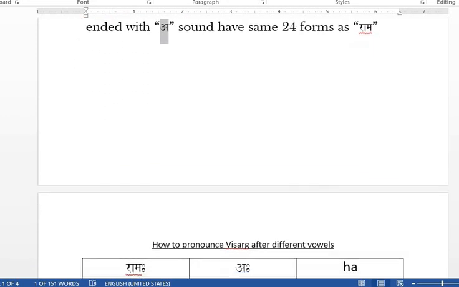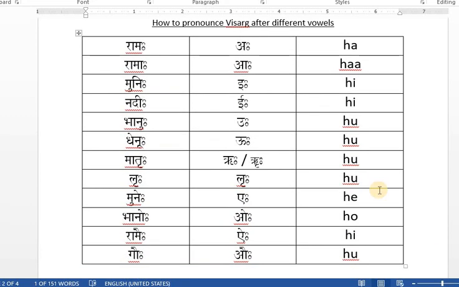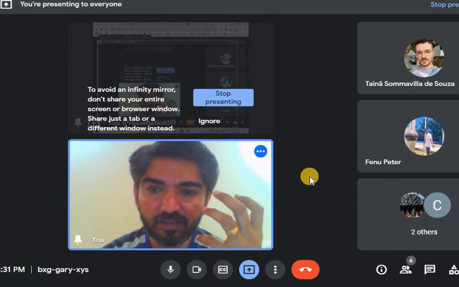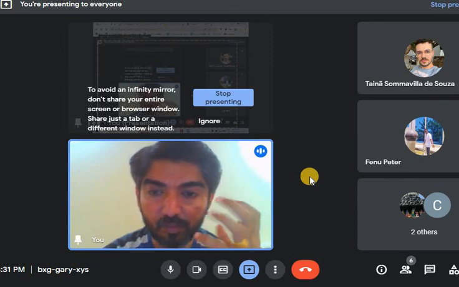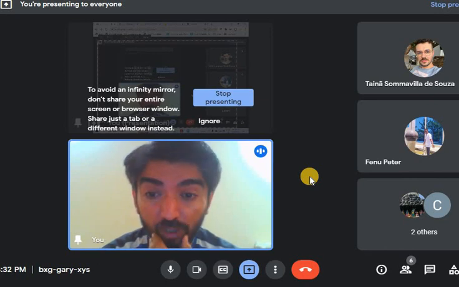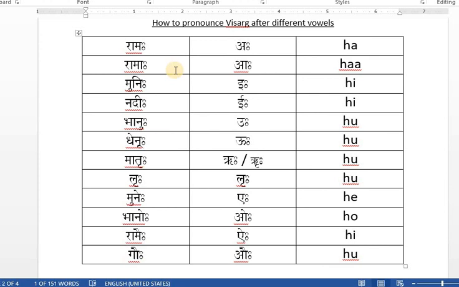Now, after this, here you read a specific thing I am explaining about the pronunciation of Visarga. Students, some students are having some problems in pronouncing this Visarga, because Visarga can come at the end of any word: a and then Visarga, u then Visarga, Bhanu then Visarga. How to pronounce a Visarga with different vowel endings? Let us study. This is a specific thing I am explaining; it is not a part of the exam.